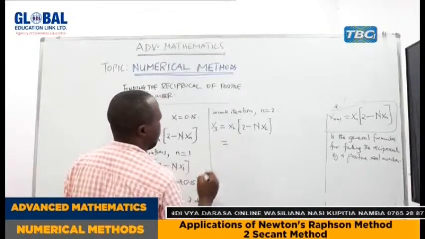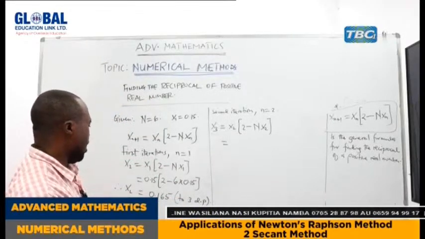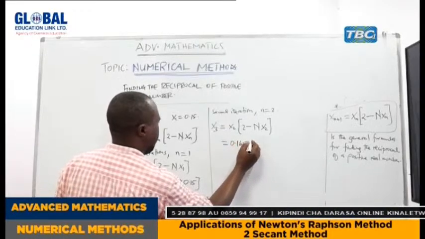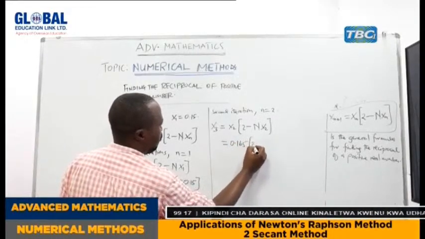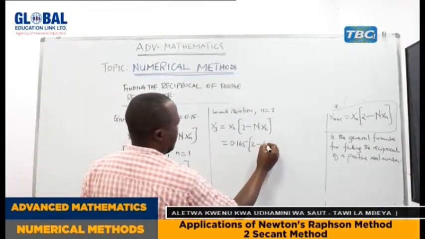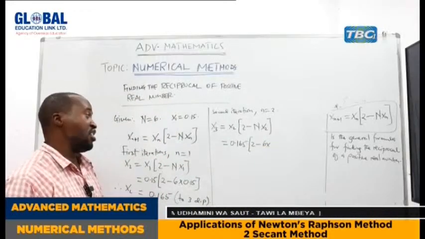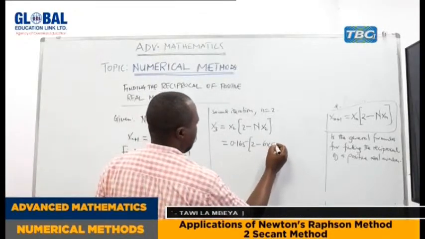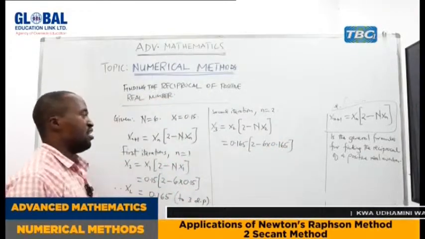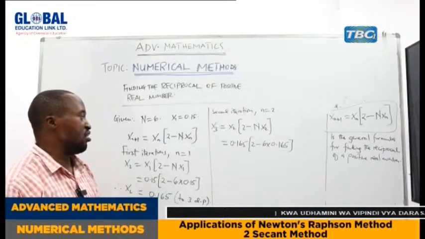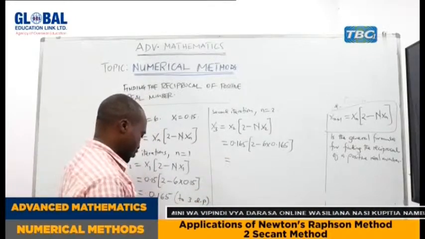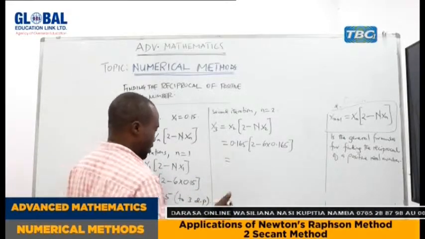So here we are going to have x2, our x2, it is this one, that is 0.165 bracket of 2 minus, our n remains the same, so it is 6 times, again we have x2, that is 0.165. Now again, just take your scientific calculator to compute the final answer. So the final answer will be